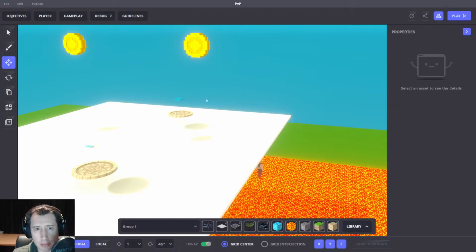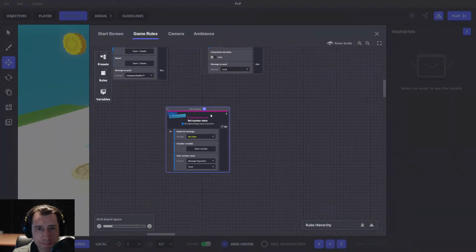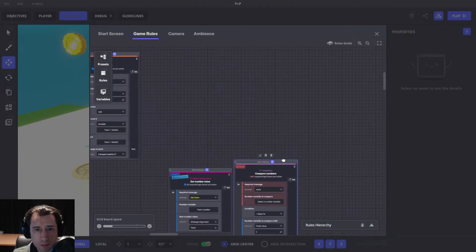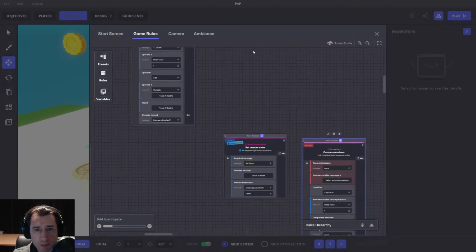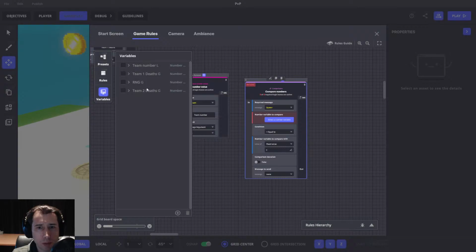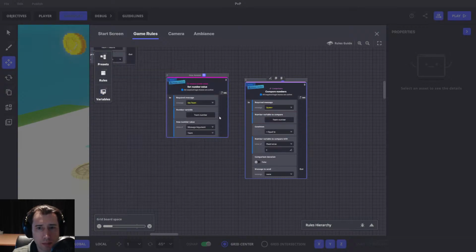Now the reason we need to set that up is for the coins. So now that we have a local variable, what we can do here is score. So score plus, we can say, is our team number equal to 1? And if it is, we can do score, maybe,